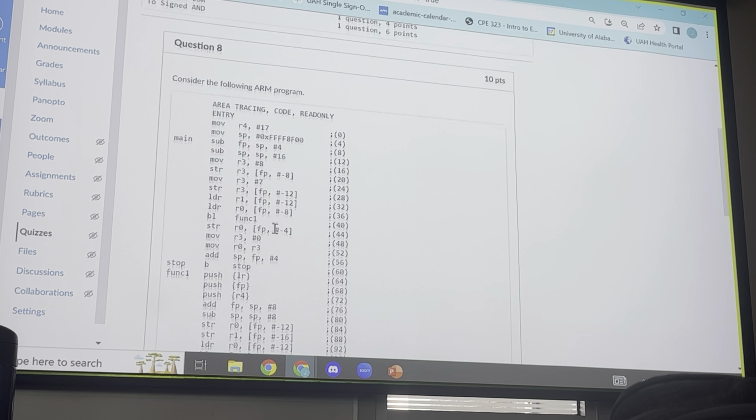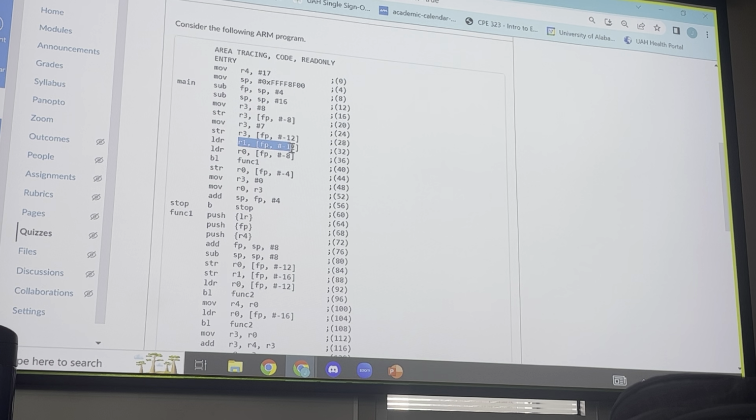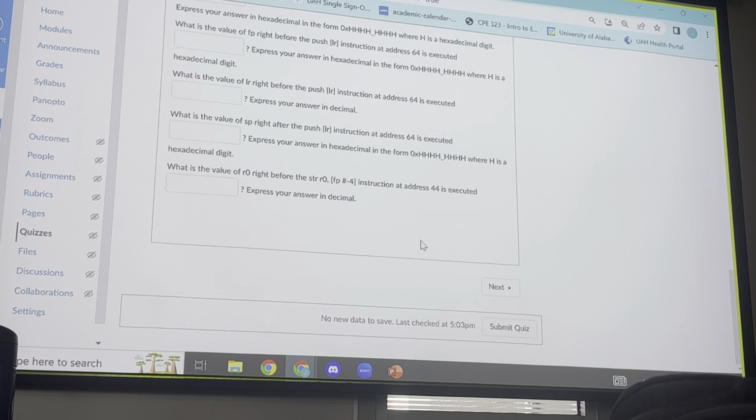Very good. And then look, this is really what you're talking about, right here. If that exclamation point was there, we would change FP by -12 and then update FP and then store it into R1. Store whatever was resolved right here in R1, but FP in fact would be changed on that line. Okay. So what's this asking?